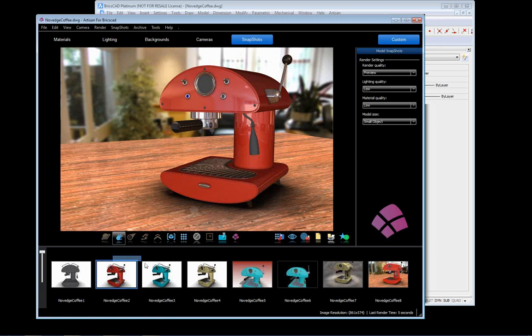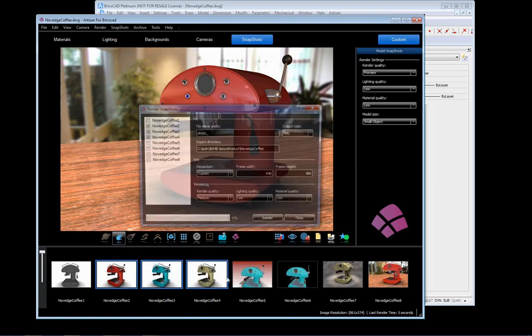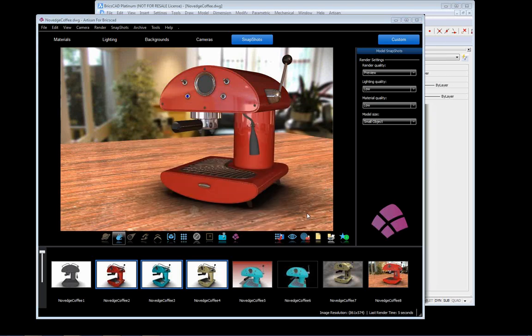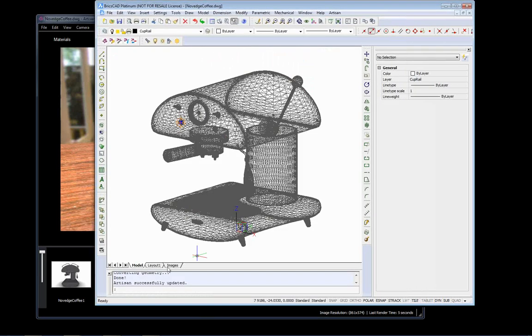As I said, I can use the drag facility to say I want those three and I want to render those snapshots, and here comes a dialog which allows me to render those snapshots with the new model. So very powerful. And what we actually allow you to do to show a little bit more of the BricsCAD system,